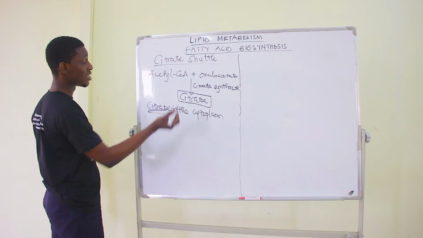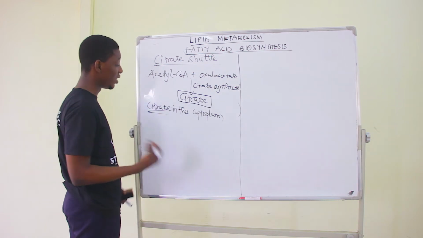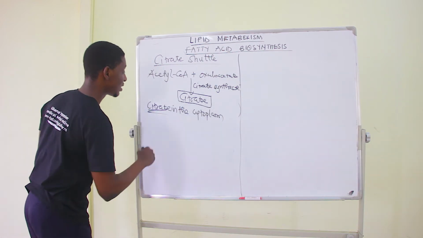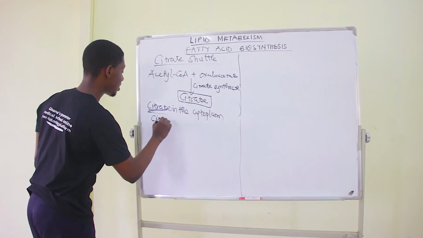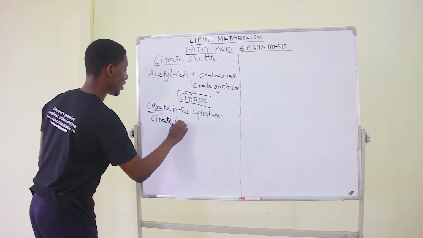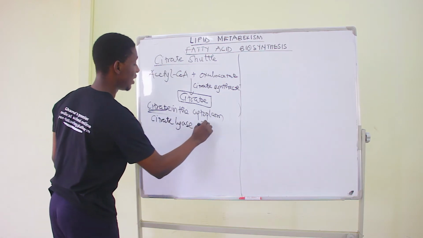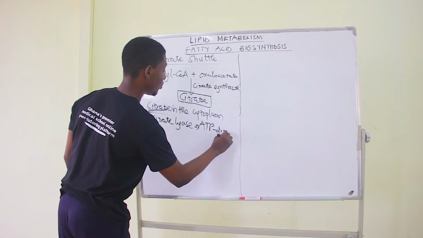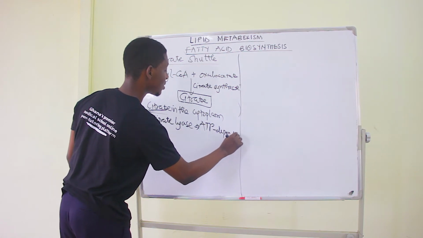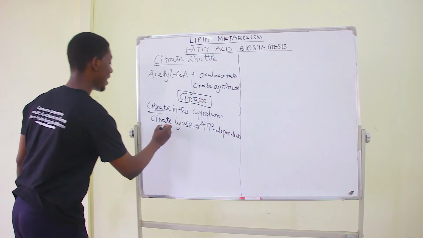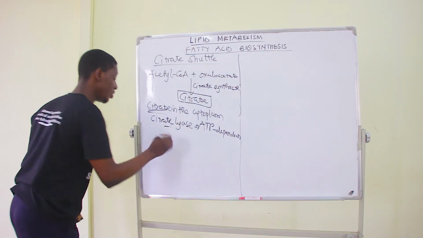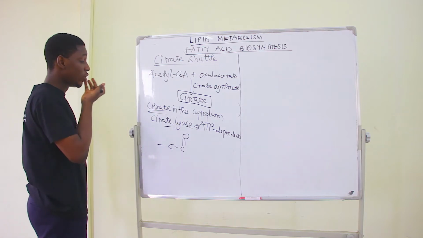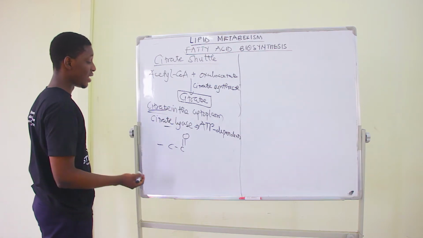Now it is not citrate that we want. It is not a starting molecule. We need to regenerate the acetyl-CoA. So there is a reaction that is catalyzed by the enzyme citrate lyase. Now this enzyme is ATP dependent. What happens is that the enzyme is going to cleave acetyl units from citrate, and then